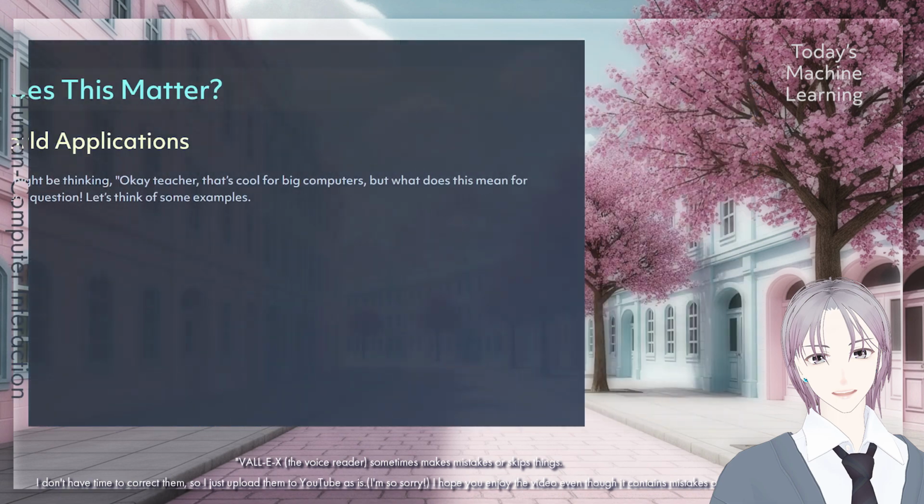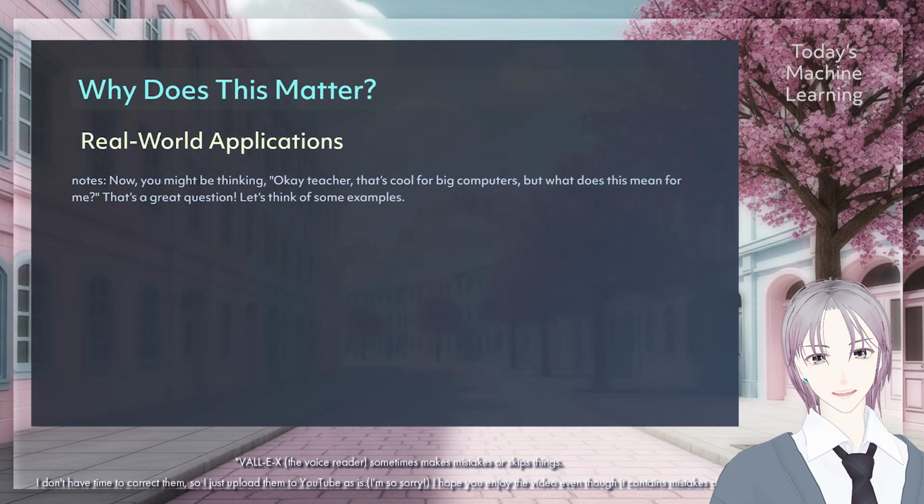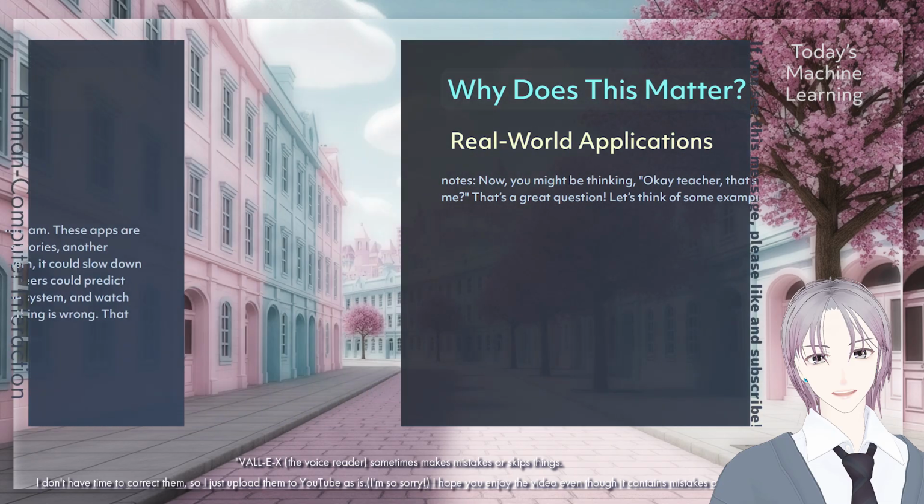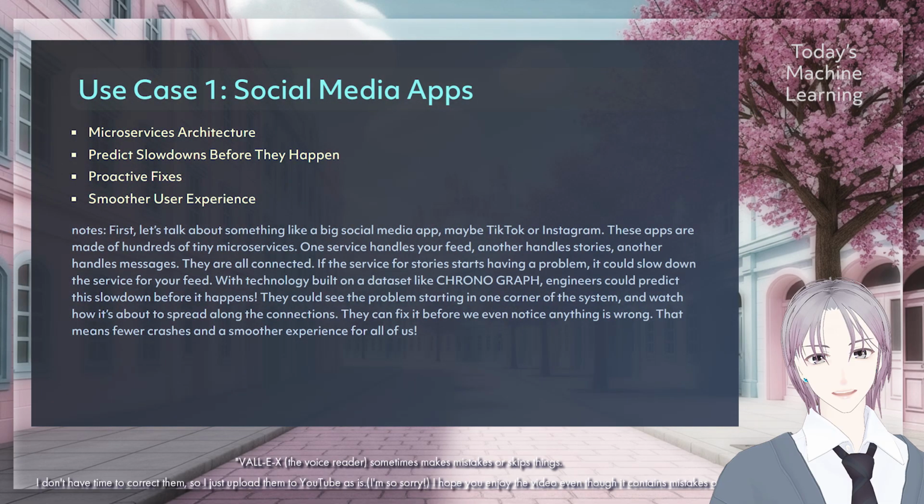super useful. Now you might be thinking, okay teacher, that's cool for big computers, but what does this mean for me? That's a great question. Let's think of some examples. First, let's talk about something like a big social media app, maybe TikTok or Instagram. These apps are made of hundreds of tiny microservices. One service handles your feed, another handles stories, another handles messages. They are all connected. If the service for stories starts having a problem, it could slow down the service for